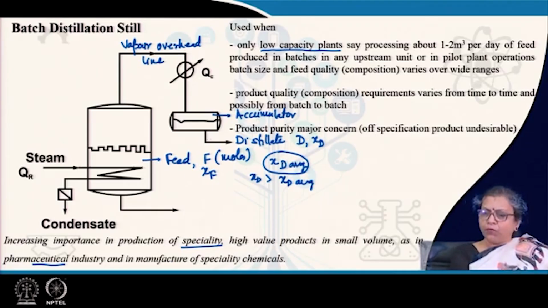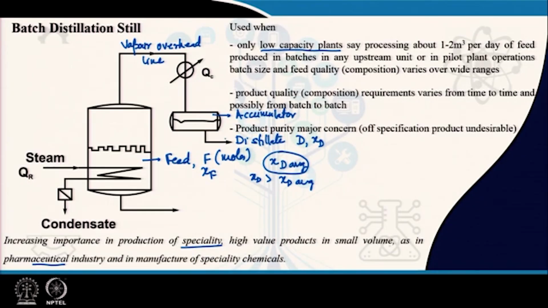You can monitor the product composition, and accordingly you can provide the product specification that is desired. Particularly it is important when the product purity is a major concern, and when off specification products are extremely undesirable. So, you can see that, well, we have reached XD average, and therefore, after that we will not proceed with the distillation. But normally when the product purity is a major concern, then we would like to operate with